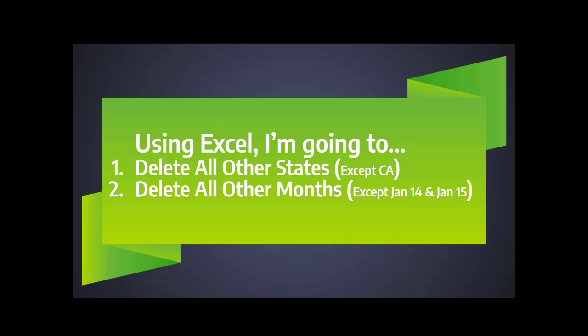So here's my plan. Now you can do this in either order, but I'm going to do it this way. I'm going to use Excel and I'm going to do the following. First, I'm going to delete all the other states except California. Excel has some really cool ways that you can do this very easily. Next, I'm going to delete all the other months except January 2014 and January 2015, which are the 2 months I want to compare. The first thing we're going to do is start by using the filters